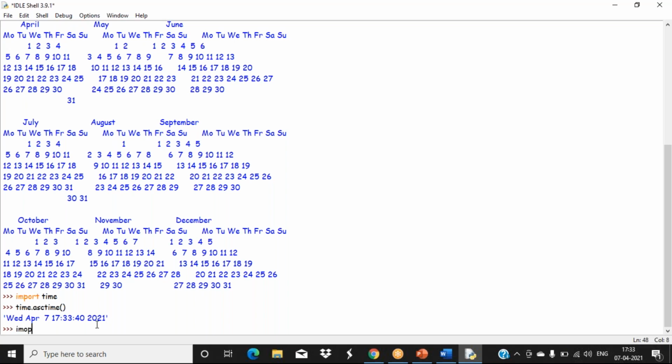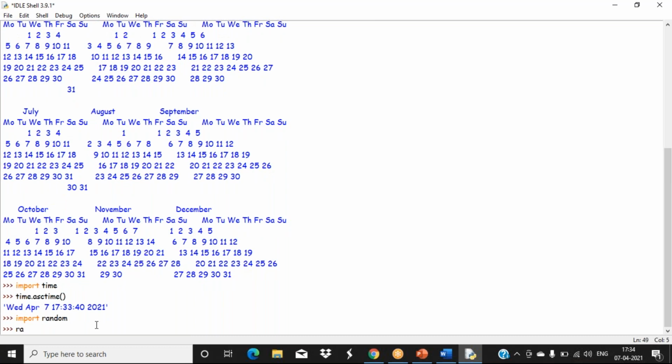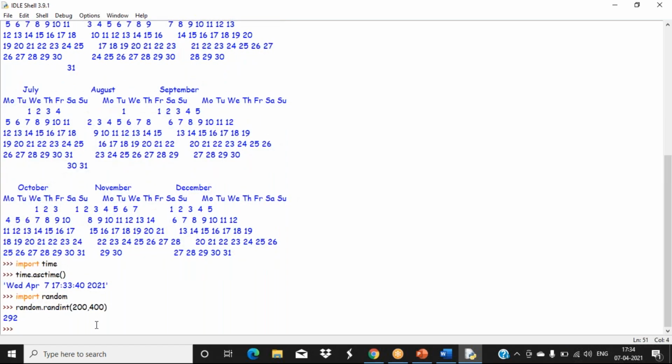Another important one which we have used there is import random. We can generate some random numbers. There is the random.randint function. Here if I specify a range like this, within that range it generates a random number for you.